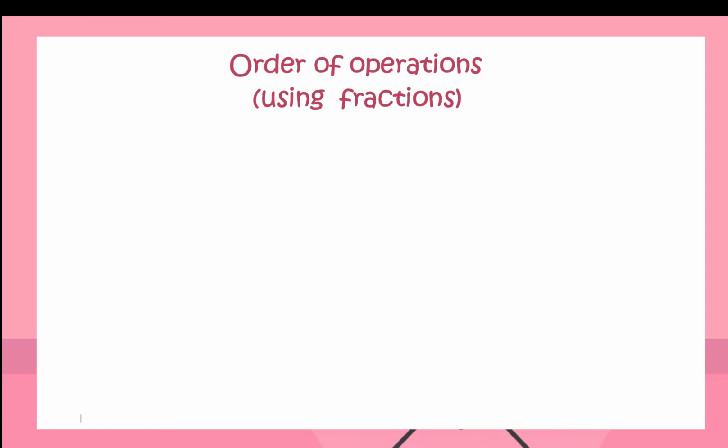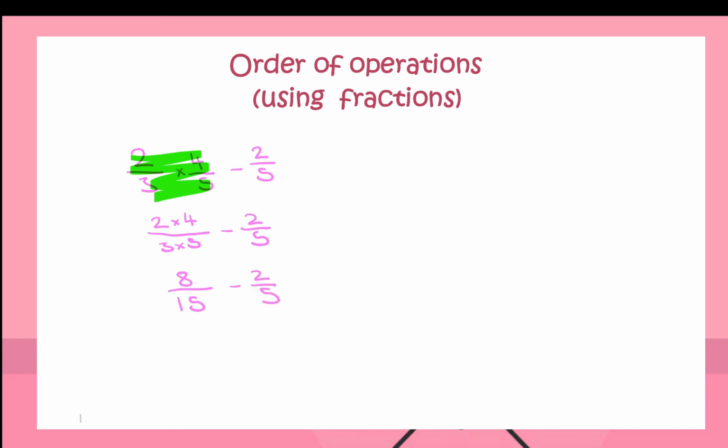So here we've got 2/3 times 4 over 5 minus 2 over 5. So we're going to do our multiplication first. So 2 times 4 over 3 times 5 minus 2 over 5. So 2 times 4 is 8, over 3 times 5 is 15, minus 2 over 5. Now we're subtracting, so our denominators need to be the